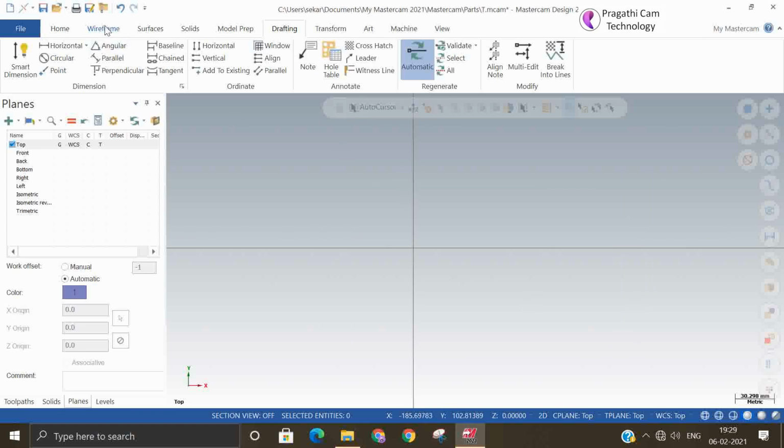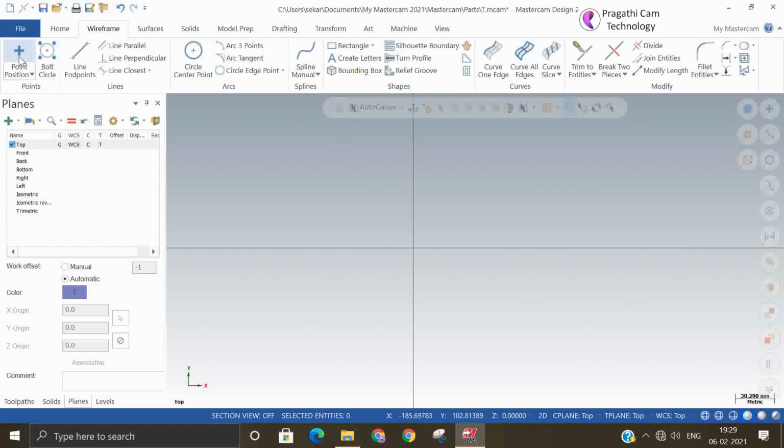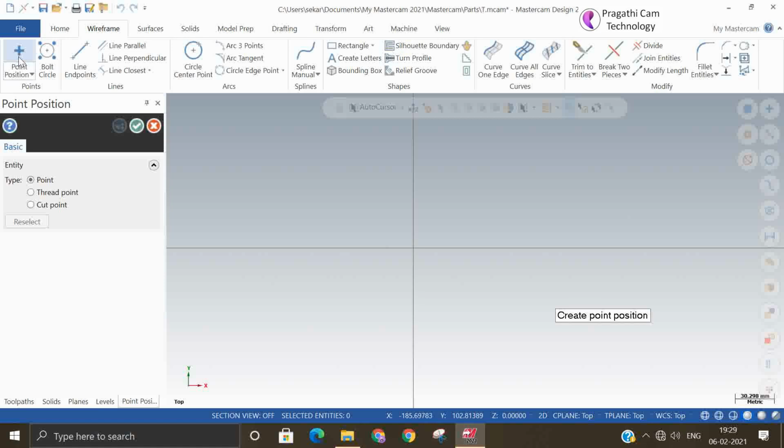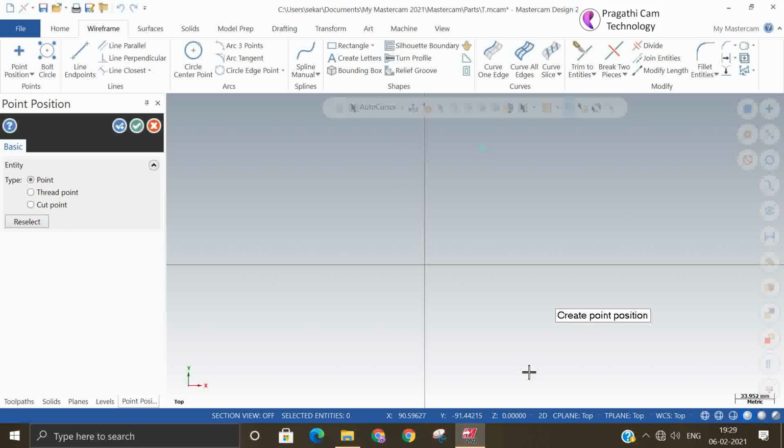I am going to repeat again. If you need a specific point, select the point position, then go to the fast point, XYZ fast point, click it there and give the details: x 50, y 100 comma z 0. So now I made one more point. You can see the visibility of that point.